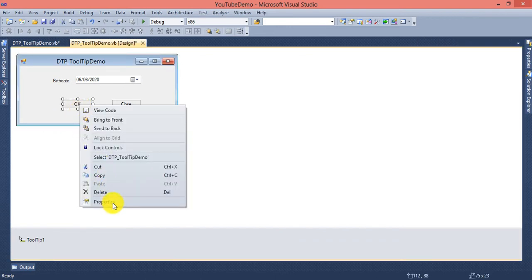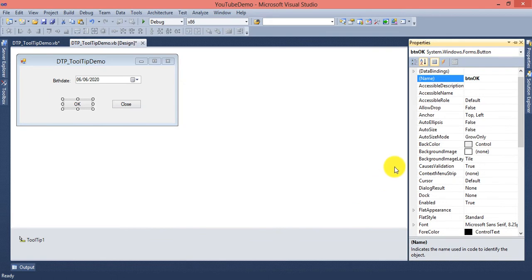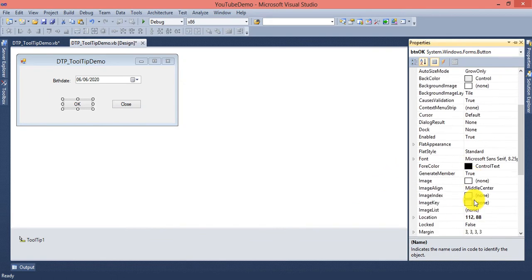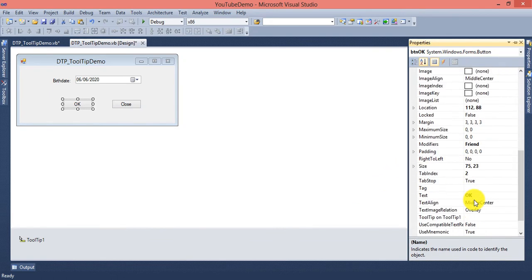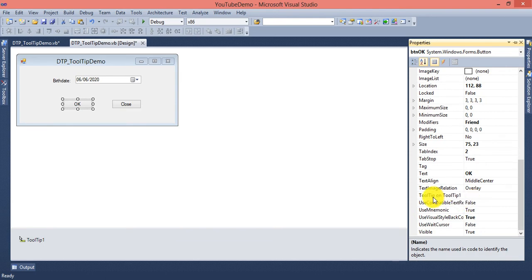Right click on the button, go to properties, and here you can find the property ToolTip on ToolTip1, where the control name is ToolTip1. What do you want to display?